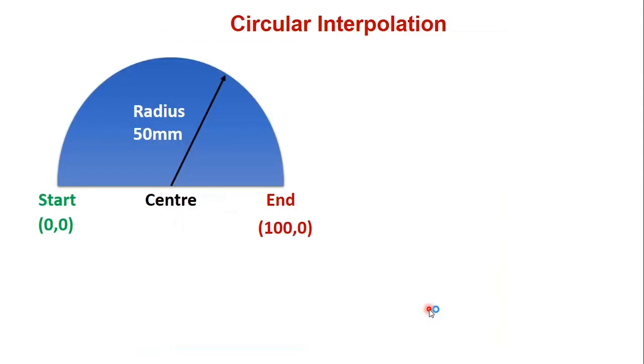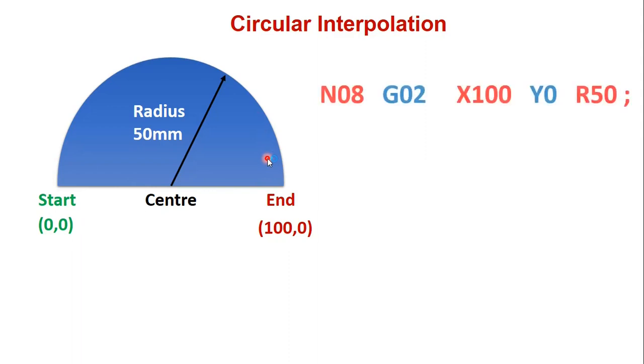So let's slightly brush up the older method, where we are using the radius R. For simplicity I have taken one half circle. Let's say this is the starting point and this is the end point of the curve, and this is the center with a radius of 50 millimeters. I want to do an operation here, just to understand the concept. The tool at the start point will go in the clockwise direction like this, do all the milling operation, and end here. It is in the clockwise direction, so I have to use G02.